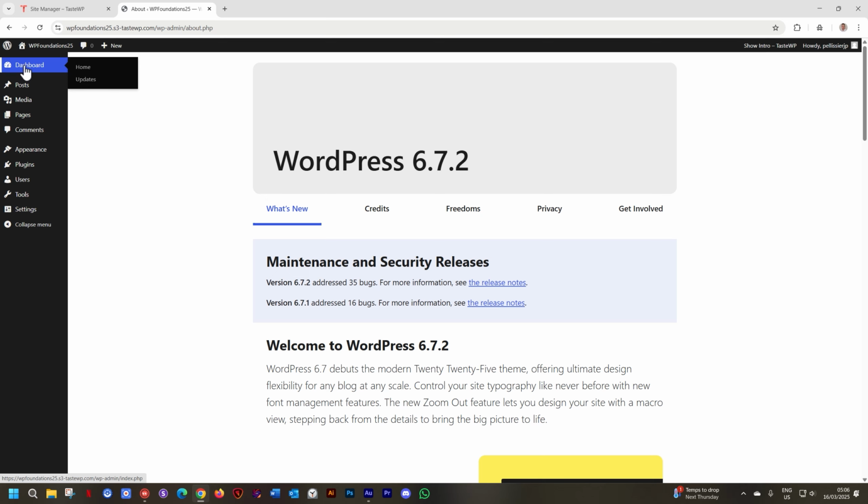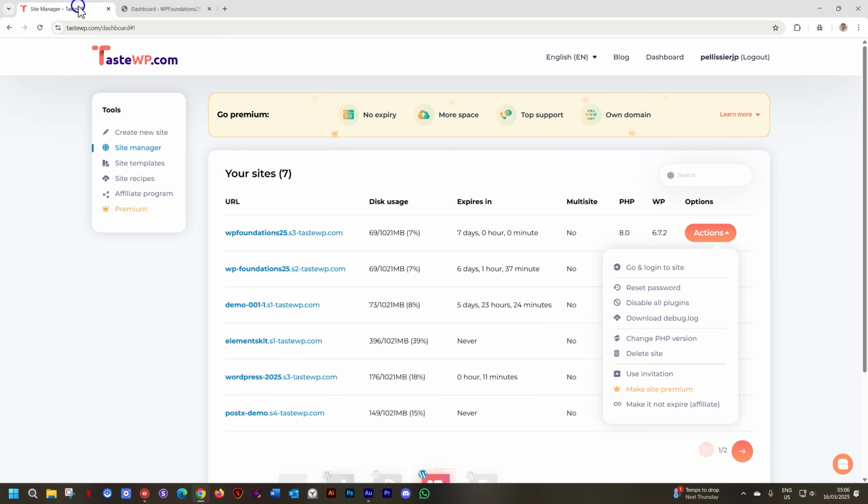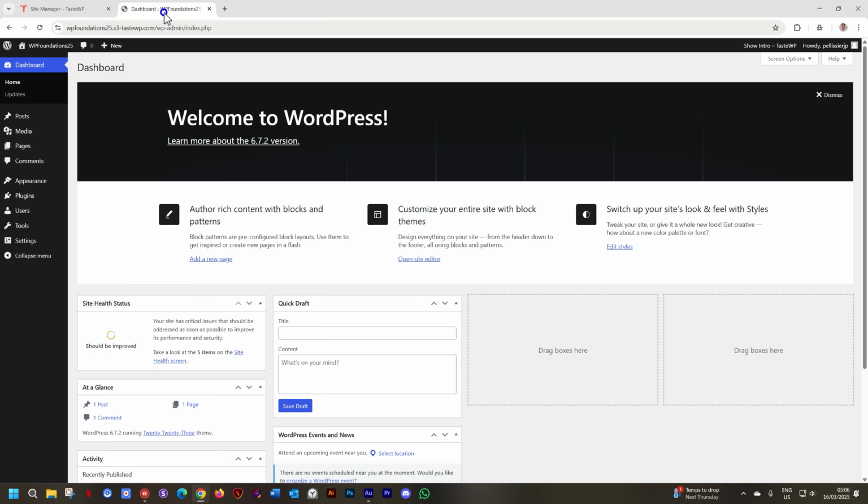When you log in to WordPress, every time it will provide you with the dashboard. So this is kind of the default. Now, one thing, Taste WP, remember them? They are the people who are allowing us to test this for free and play around and learn. One thing they do is that when they install WordPress, they make a change to it, which doesn't give you the default installation.